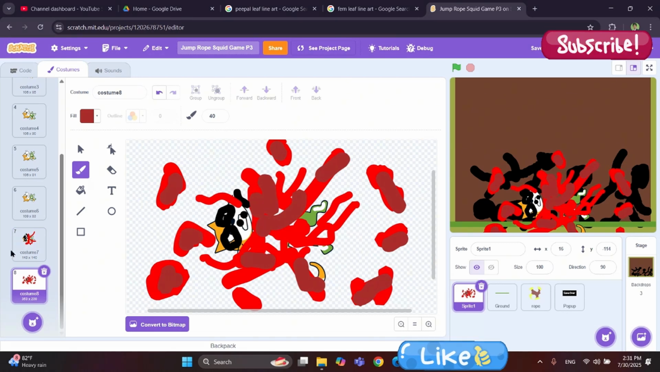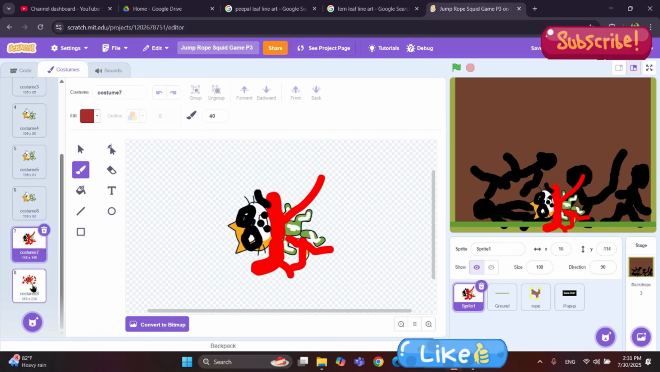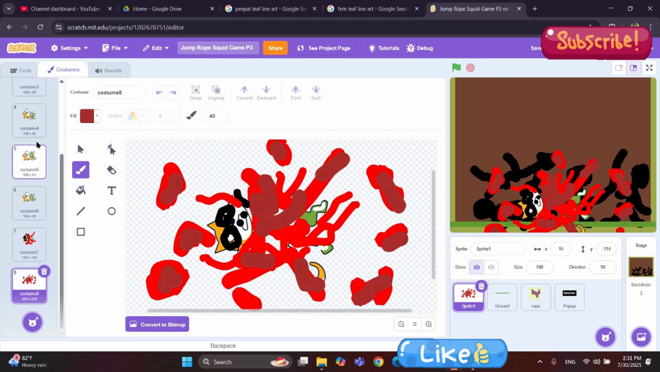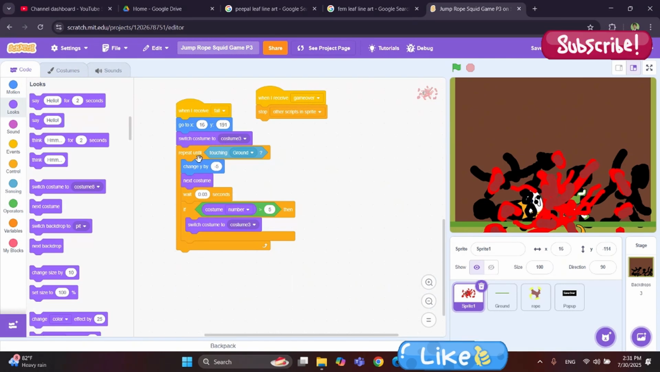And I'll just make 2 costumes. If you want to make your animation even better, you can add more different costumes. So for the tutorial's sake, I will just use 2 costumes. First one, second one, 7th and 8th. Let's go back to code, and here after the cat has landed on the ground,